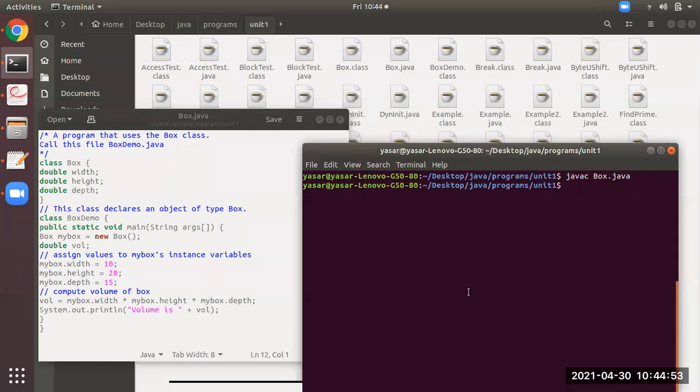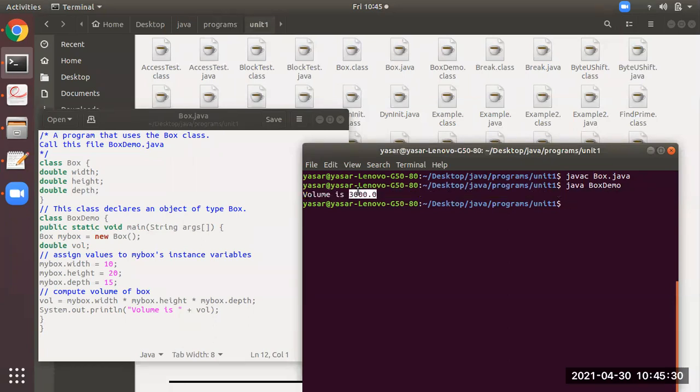Now, to run the program, students remember here, in this particular file, there are two classes. There can be one class only, there can be two, three, four, as many classes in one file. But you have to remember, at the time of running the program, you should give the name of the class which is consisting of the main method. Like in these two classes, there is a BoxDemo class which is having the main method. So over here in the command prompt, you should give that name to run the program. So I am pressing enter now. See, it is able to give the output.